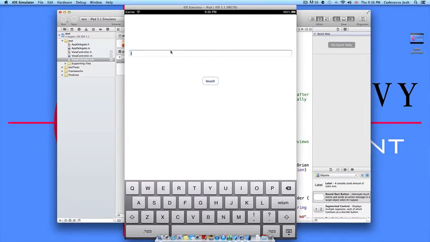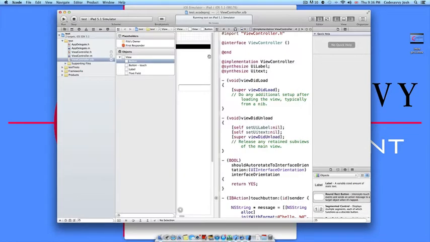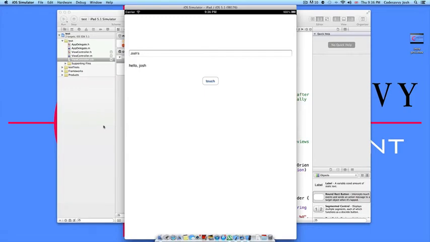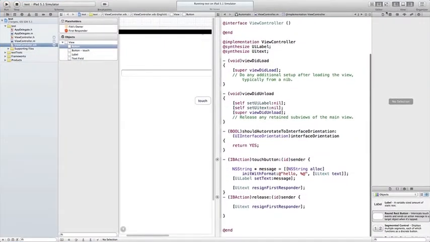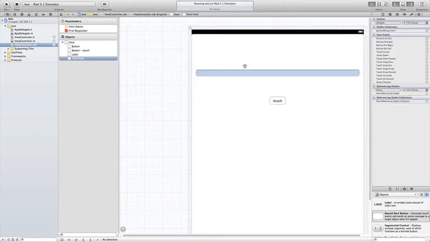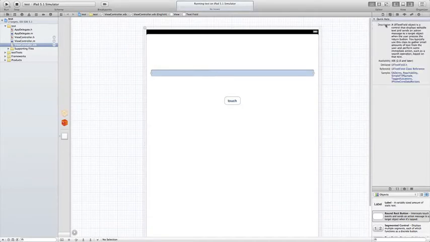That's it. So for running, this is the debugger to a simulator. Click touch, it goes, click the background and it goes. So it's already done. Now what we have to do here is, after typing Josh and clicking return, the keyboard should go away. For that, all you have to do is click the touch button here, just a minute, click the touch button, go to the quick help